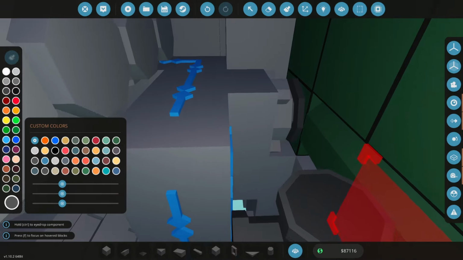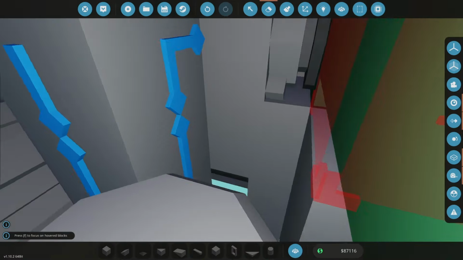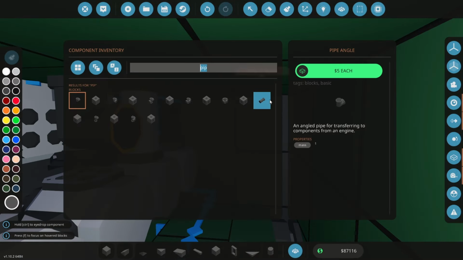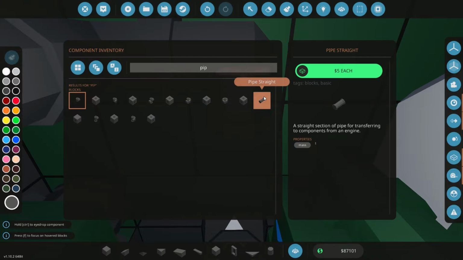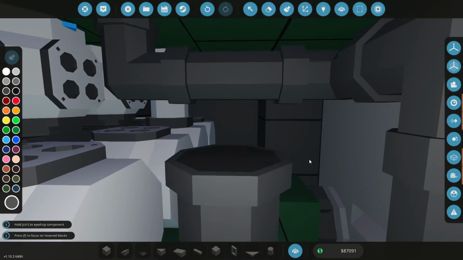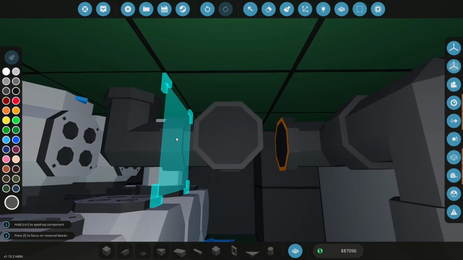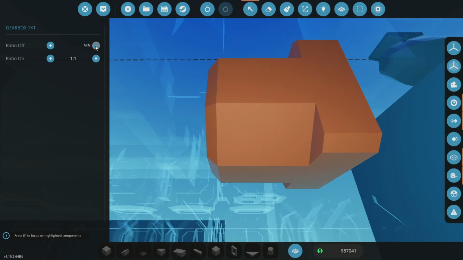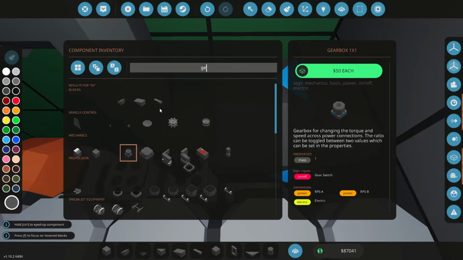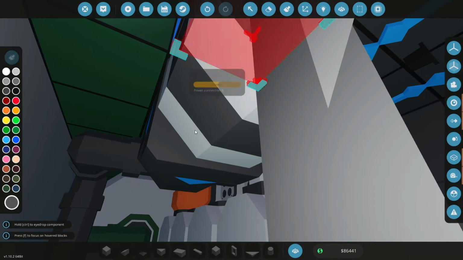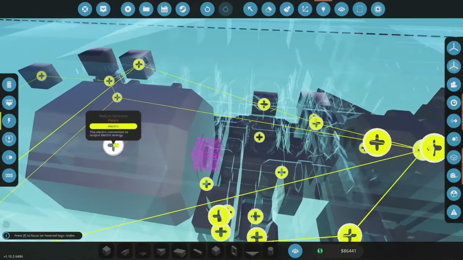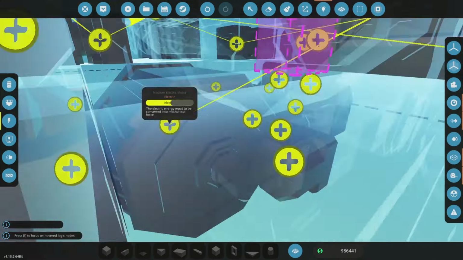Now we're inside. I wonder actually, I might have been able... Nah, that would have been dumb. I can come across here anyway. Yep, and down. And now we're connected to the main generator. And what I should also do while I'm in here is chuck a T and a gearbox, crank this one up, and slap a small generator on. So this small generator is what is connected directly to the battery to charge the battery, and the big generator is what's connected directly to the motor to power the